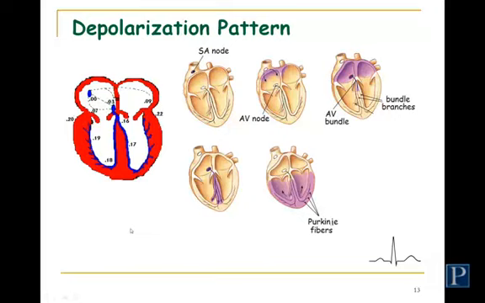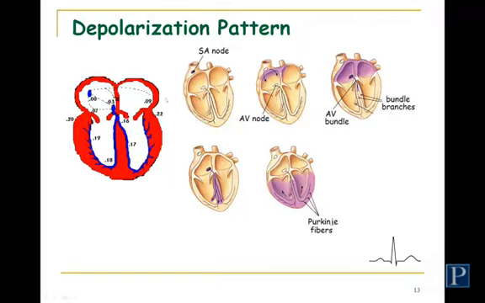So let's review the depolarization pattern of the heart. It starts at the SA node, that's our normal pacemaker. It's transmitted towards the ventricles to the AV node through the internodal pathways, but the AV node is not in the ventricles. The AV node is still in the right atria, around where the coronary sinus would be emptying, near the valve too. The impulse is moved over to the left atria through the interatrial band.